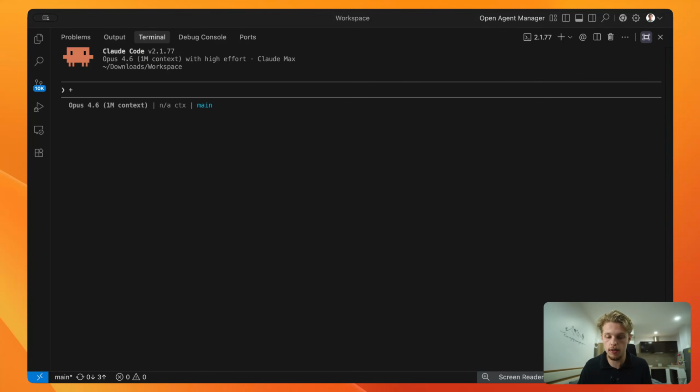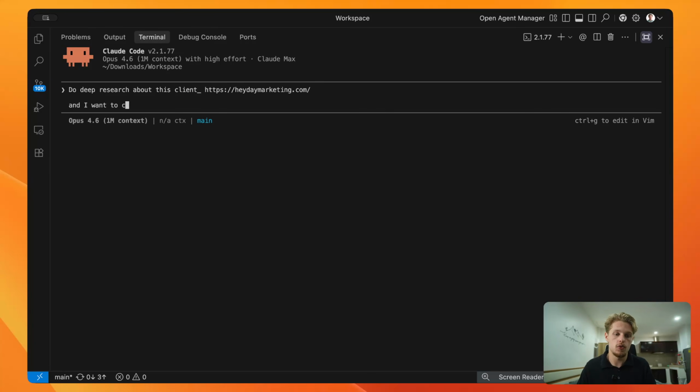I'm going to open Claude Code. You can use Codex. You can use whatever you want. The model or the LLM you're using isn't as important as just having the right prompt, which you can download below. So I'm going to say, do deep research about this client, and I want to create a performance dashboard based on